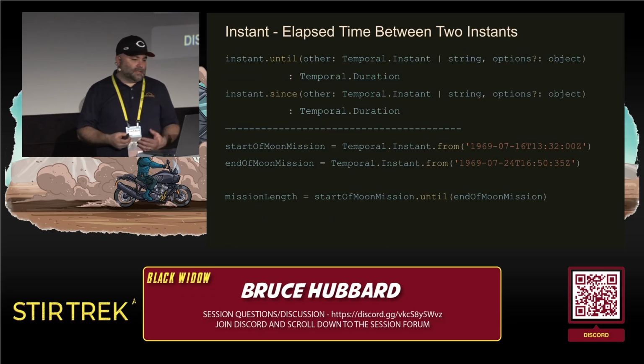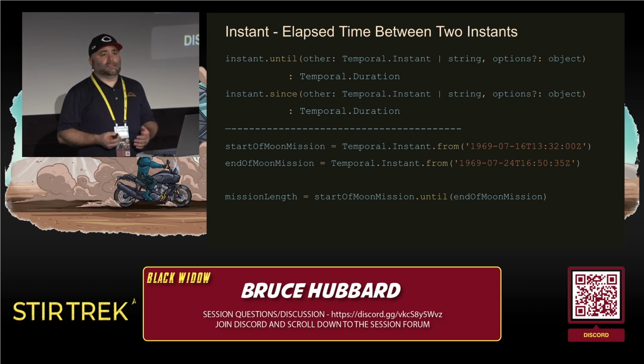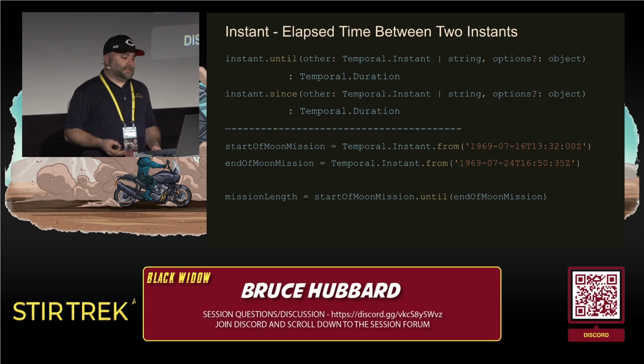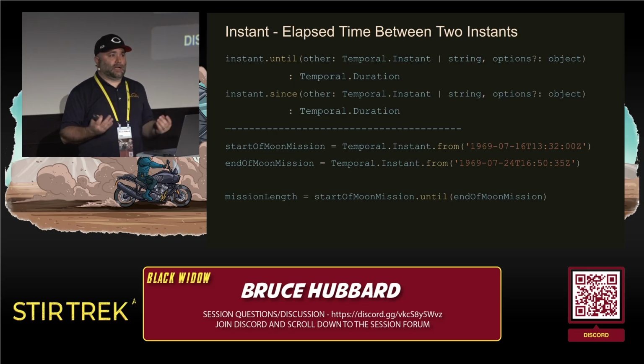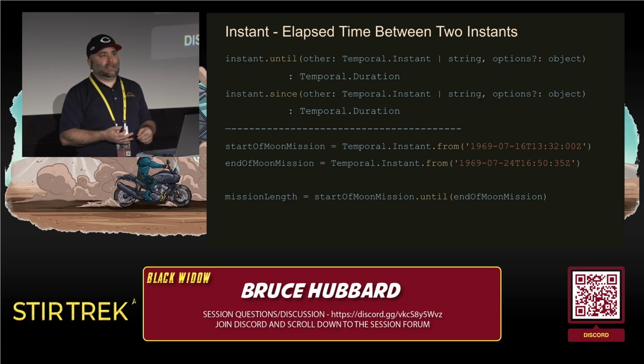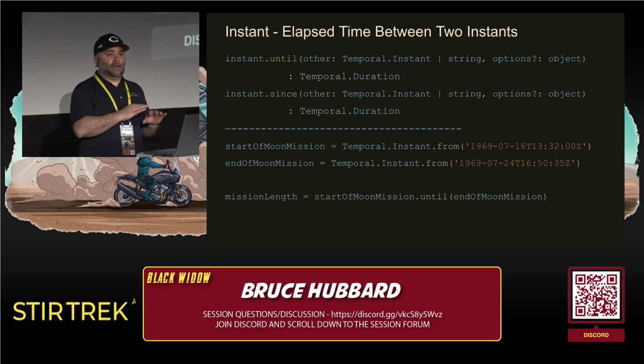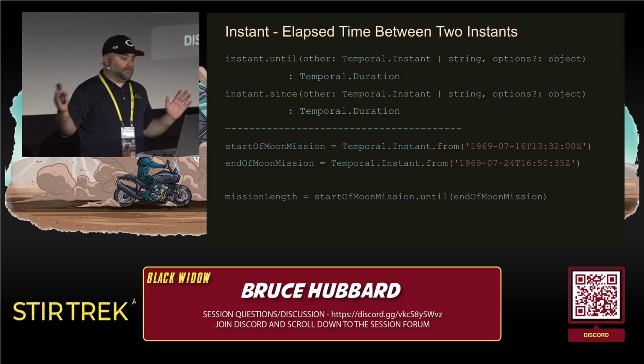Other things you might want to do with dates is know, okay, I have 2 dates, how much time is in between? There's something built into Temporal for that. There are 2 methods, one's called until and one's called since, and they're mirror images of each other. I have an example here, start of the moon mission and end of the moon mission, and you could say start of moon mission dot until end of moon mission, and it will return a duration object, which has a bunch of properties like days, hours, minutes, seconds. So it will return exactly how much time is in between these two